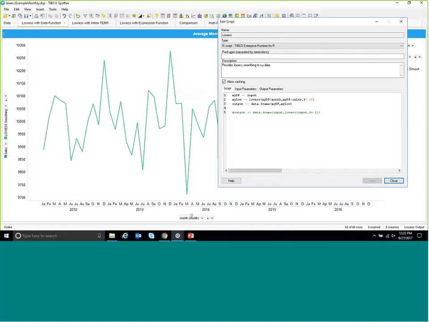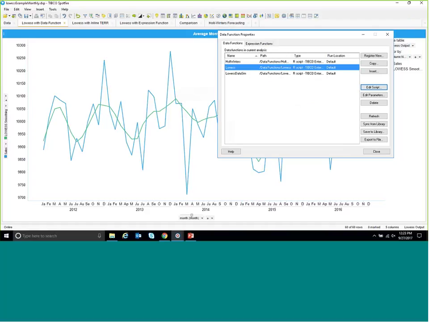So 0.05 has given us a perfect approximation of the data, which again defeats the purpose on the other end of the spectrum. We don't want a perfect fit. We're trying to summarize the data to get a better look at it. So let me switch back to 0.1. That's how you can very simply put in your two variables and then have a smoothing parameter. There are other parameters that you can use, but for this exercise, that's just how you can